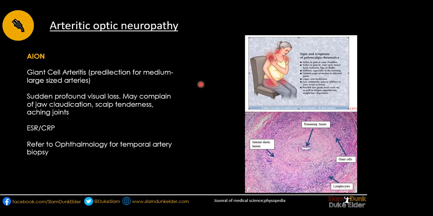Generally, temporal arteritis or GCA is very closely associated with polymyalgia rheumatica. So the typical case vignette in the exams is a 60-year-old lady who's complaining of pain in her shoulders and her hips, who's more tired all the time, and that's meant to be telling you she's got PMR. So that's pointing in the direction of perhaps she's got temporal arteritis. And when a patient comes in with this, you'll send off an ESR and a CRP. Generally, the ESR will be extremely raised, and you'll want to start them on high-dose steroids, and usually that's about 60 milligrams. So you'll start them on that, and you'll want to refer them to ophthalmology because they will need